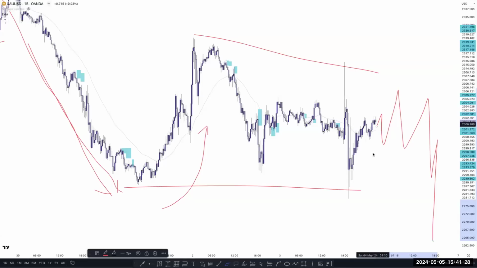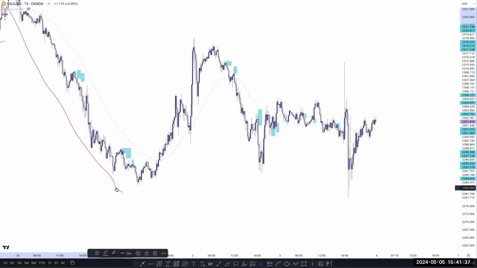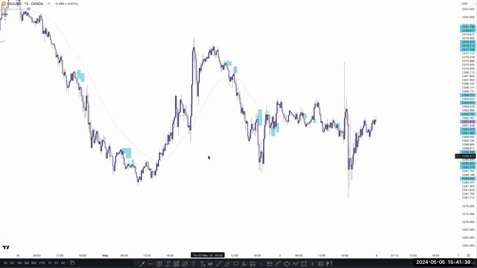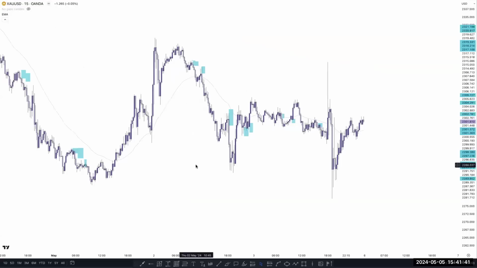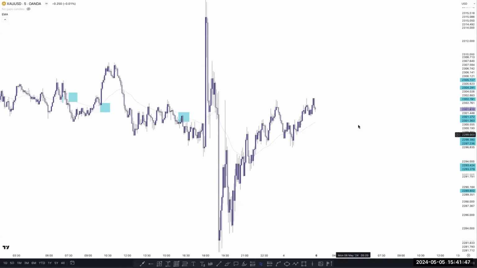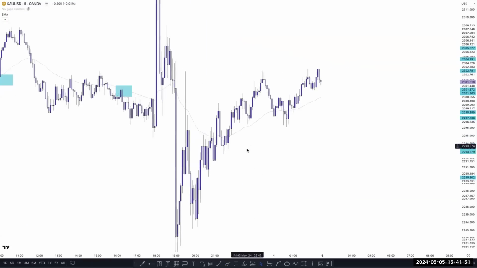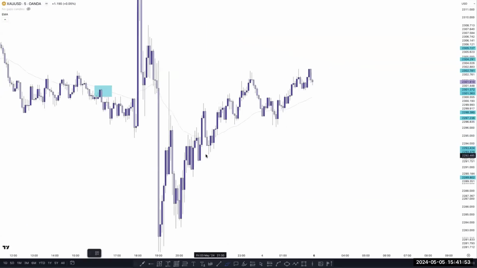So the overall structure is showing bearish in the higher time frame in gold, and in the 15-minute time frame. In every time frame the market is showing bearish, right? So let's see what we can expect in another one, the 5-minute time frame. If you can see here, this is a counter trend. In the counter trend, everything is bullish here. In the counter trend, the market is pushing higher highs.